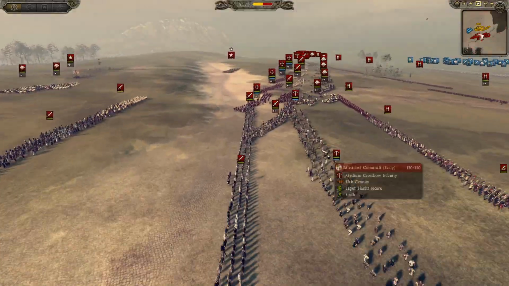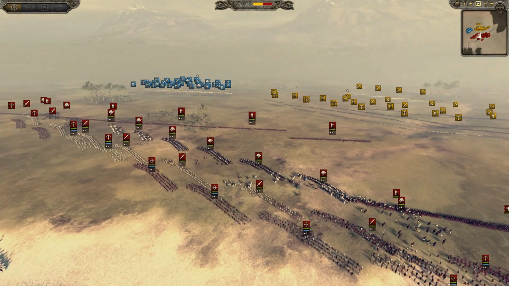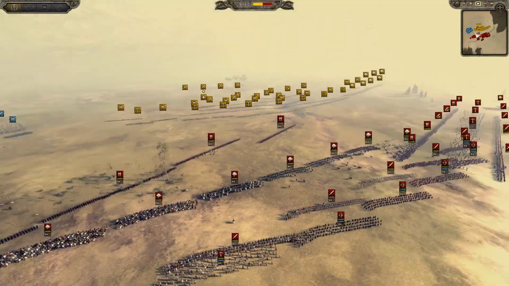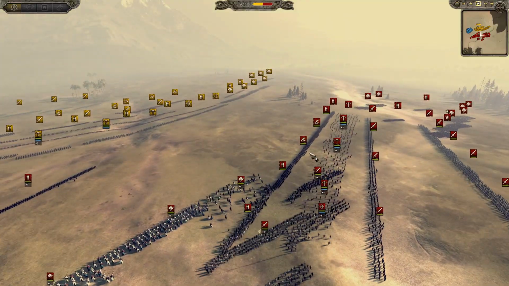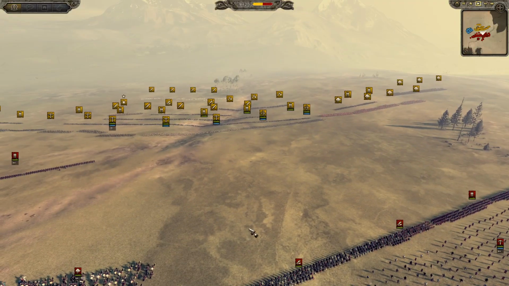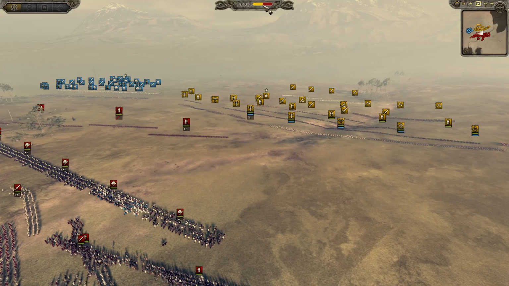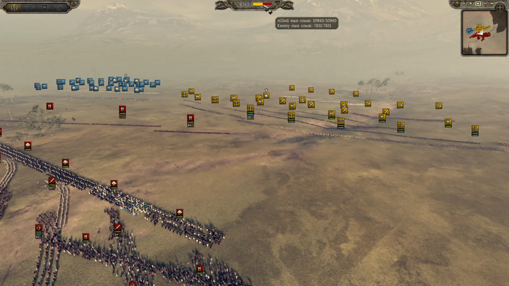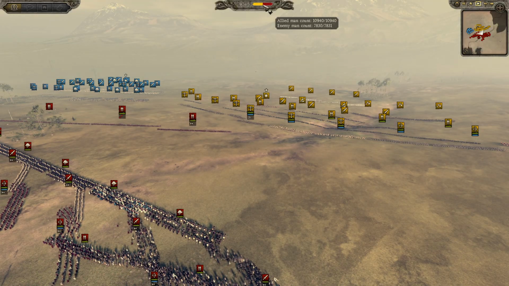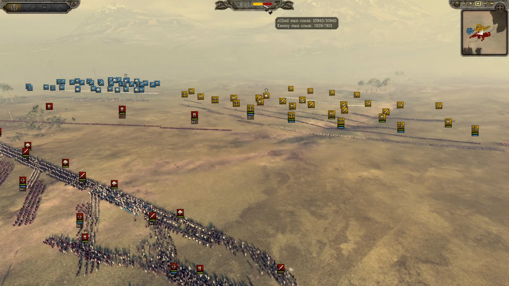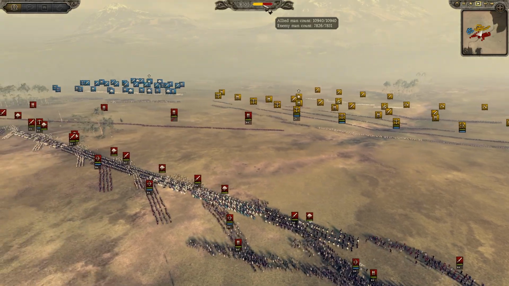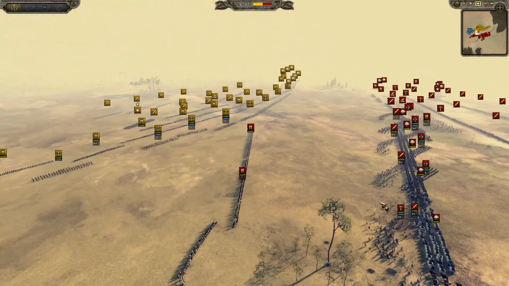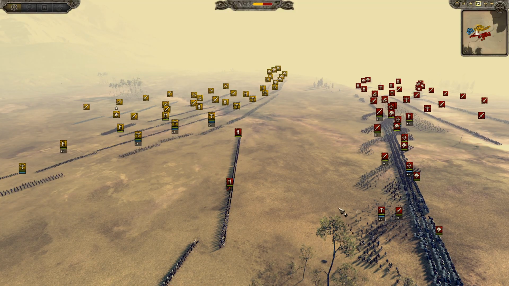Yes, we have a tier 1 early period battle for you here. We have knights in shining armor, crossbows, and plenty of pikes as well, all ready to prepare themselves for a glorious battle. We have a huge battle here. The Milanese have 7,000, just shy of 8,000 troops. And the Holy Roman Empire and their Florentine allies, I guess it is, have 11,000 troops here today.